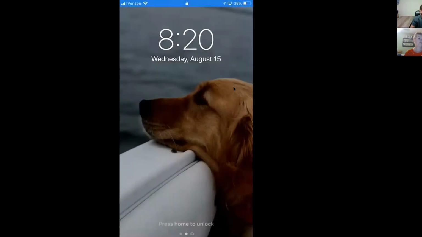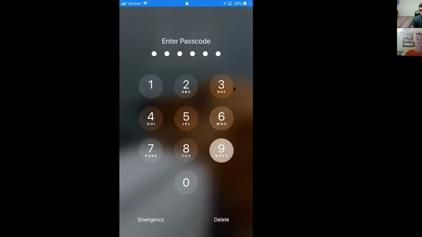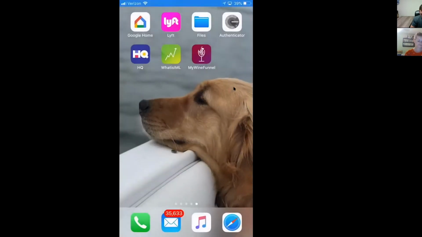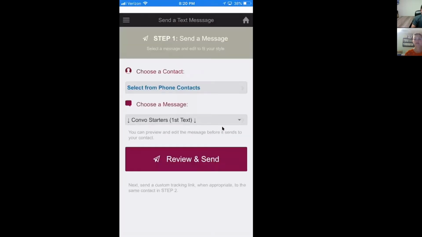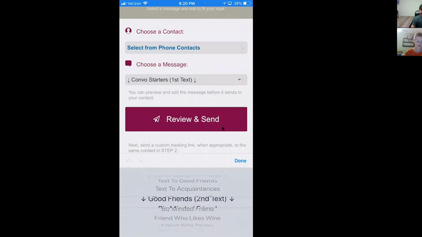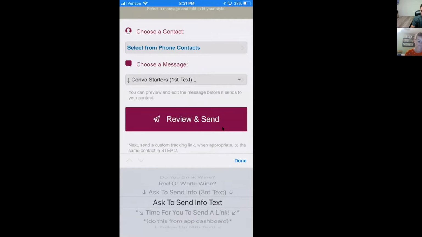So at this point, we're moving to the next step. Jen, she's ready for info, and we want to send it to her. Firing up the app. We're going to move over to step 2, send link. She's down to see the link. By the way, let me show you something. Here's our first text. Here's our second text. Here's our third text. We now know, because the app tells us, time for you to send a link.